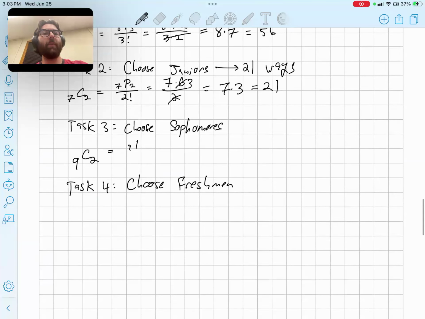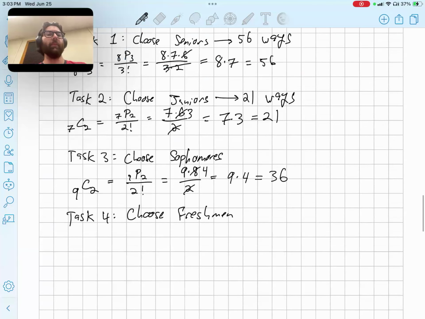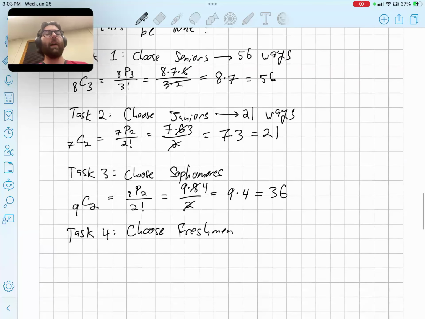So that's 9 permute 2 over 2 factorial, which is 9 times 8 over 2. You cancel 8 with the 2, so 8 divided by 2 is 4. So 9 times 4 is 36. Okay? So we have 36 ways